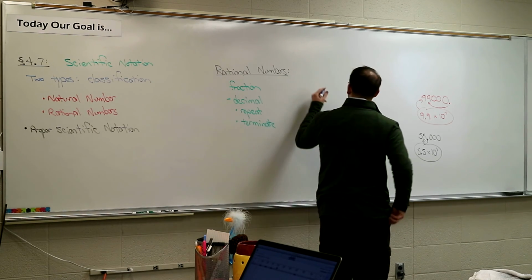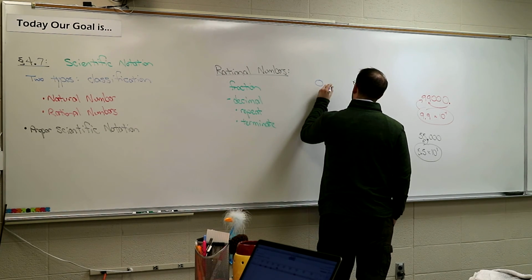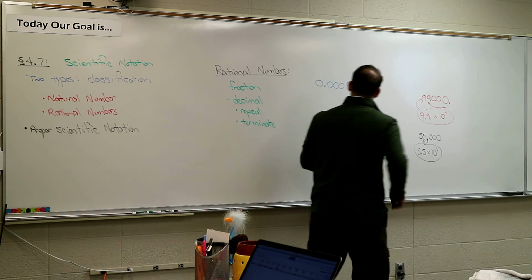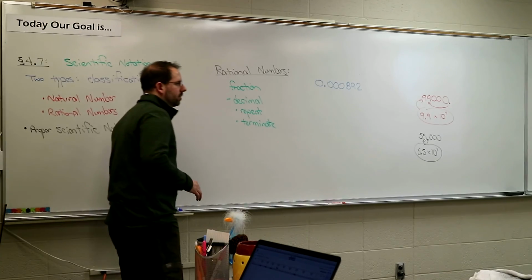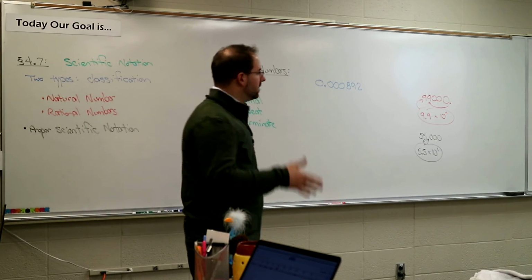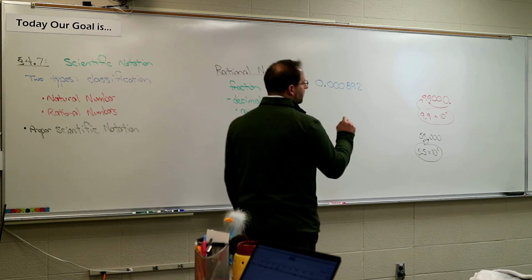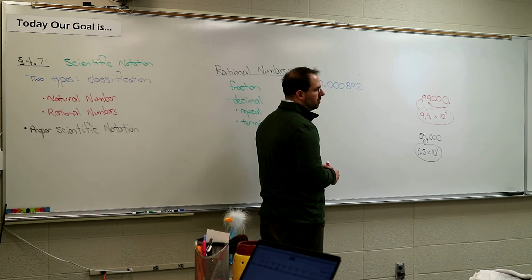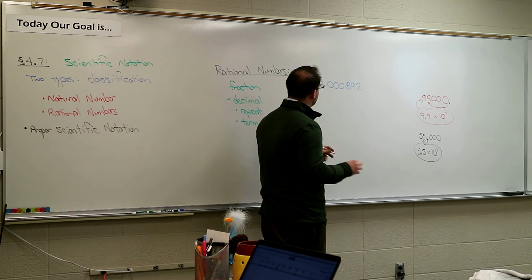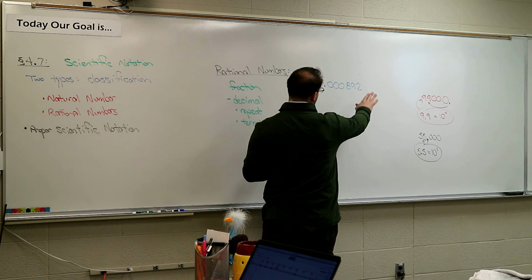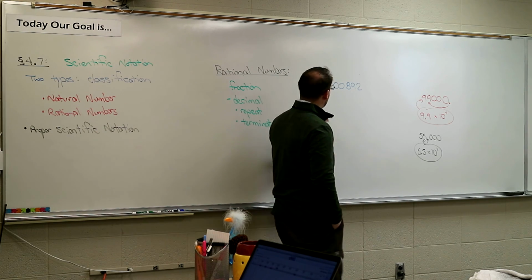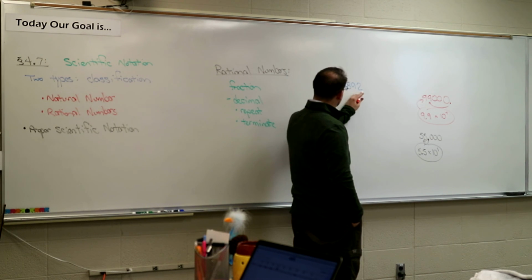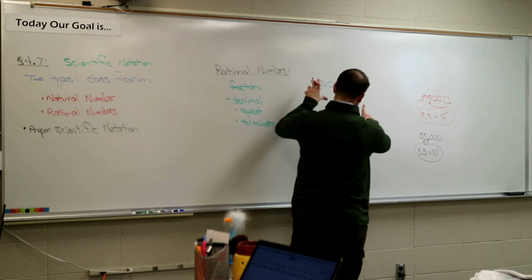So I want to write a decimal here, and something very, very small. 0.000892. Okay, you agree that is less than 1? Yeah. Okay, it's really small. Okay, I want you to move the decimal so it's behind the first number on the left. So what's the first number on the left? The leftmost number? Ignoring zeros. What's your leftmost number? 8. So you're going to